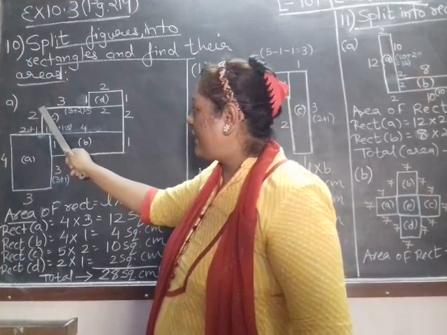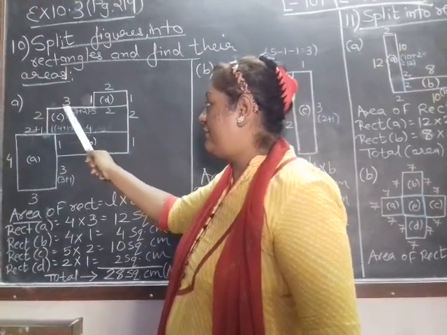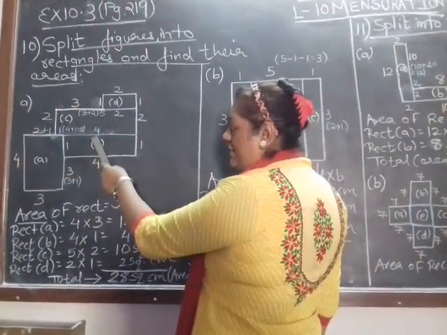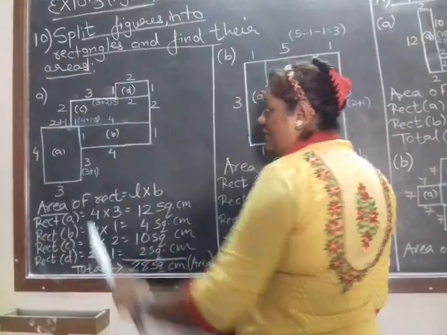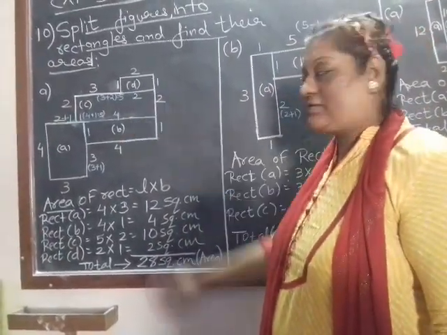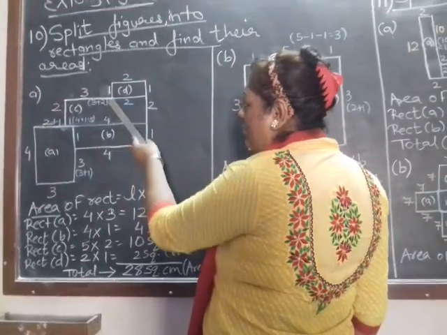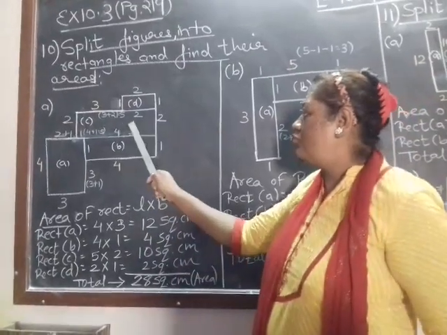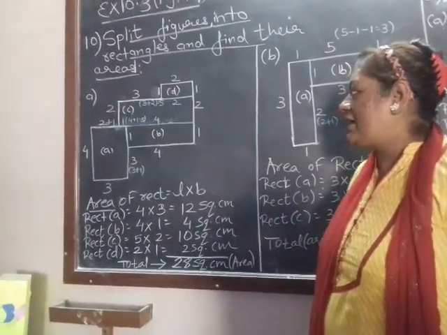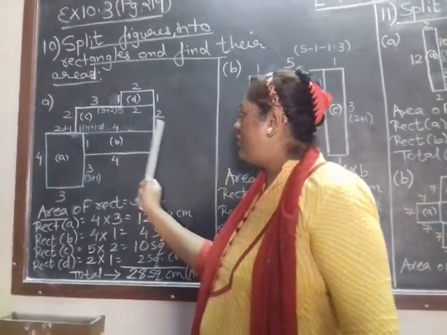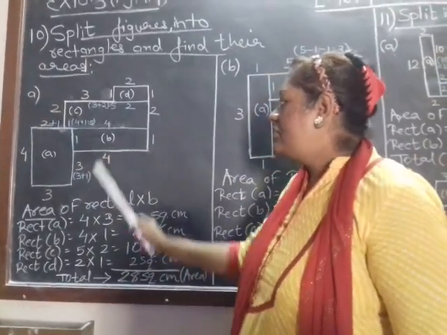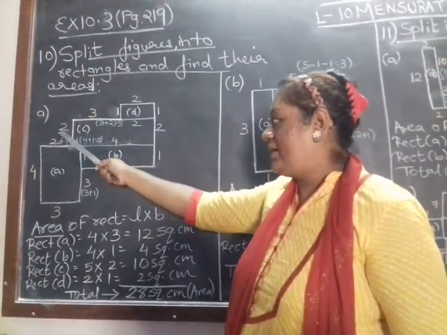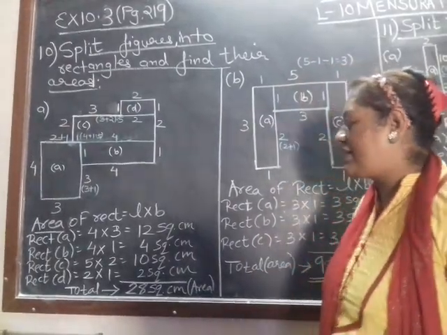Here for rectangle C, 3 centimeter is already given. So now if one length of rectangle C is 5 centimeter, what should be the opposite length of rectangle C? Obviously 5 centimeter. So here 3 already is given. How many more do I have to add to make my C rectangle length 5 centimeter? Plus 2. So 3 plus 2 makes 5 centimeter. And the breadths are already given the same, 2 centimeter, 2 centimeter. So now for rectangle C the length will be 5 centimeter and breadth will be 2 centimeter. So the answer is 10 square centimeter.